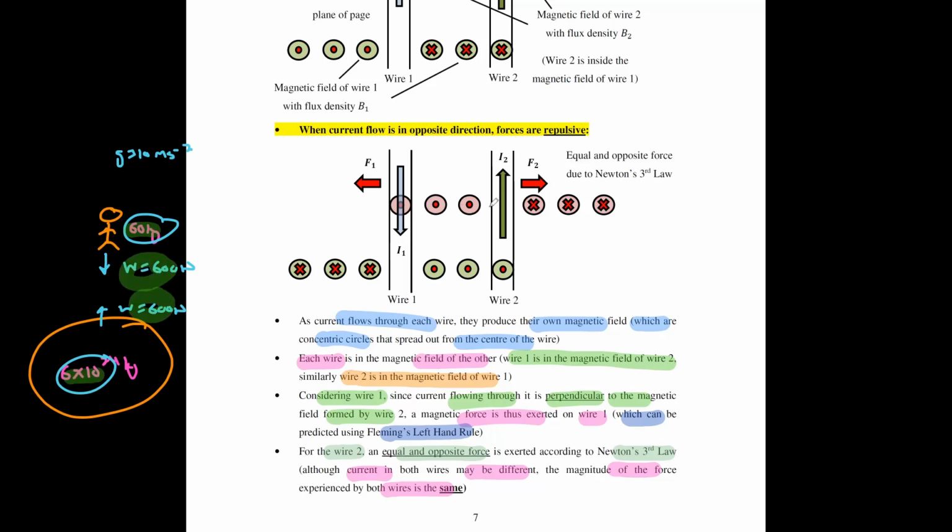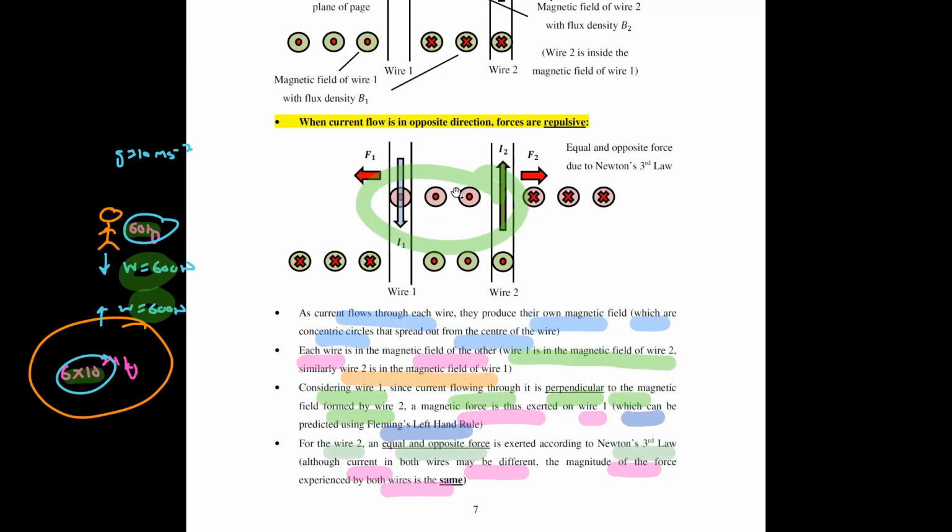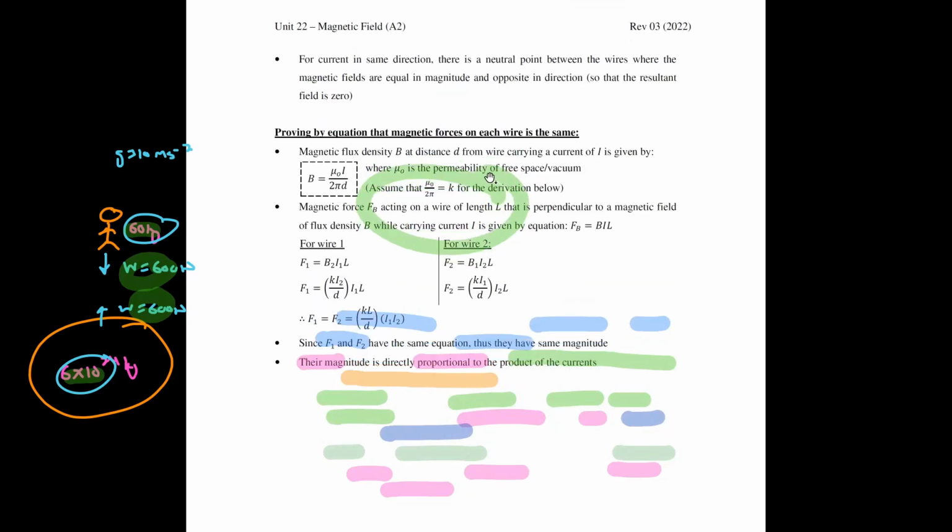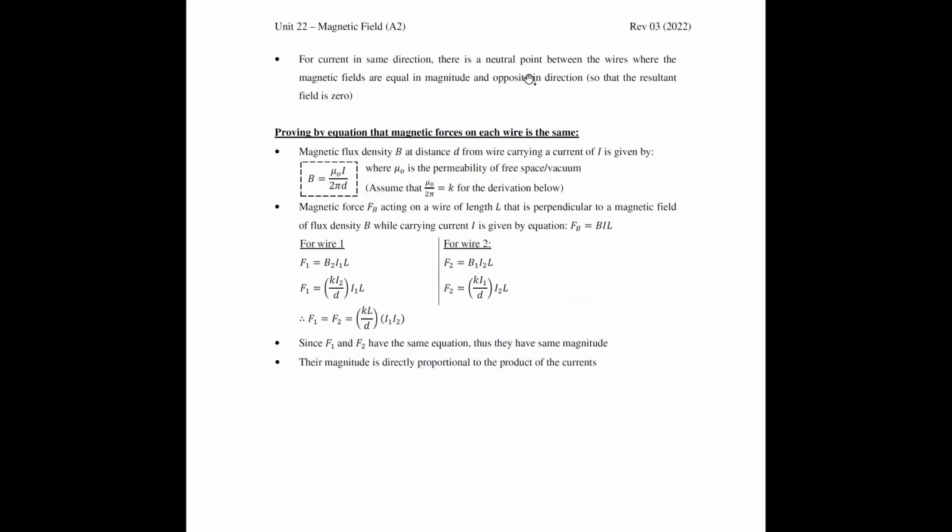So it's something similar here when you're talking about the forces acting on the parallel wires. Your current magnitude can be different, but the forces that arise as a result of that will still be the same because of Newton's third law. All right. Okay,